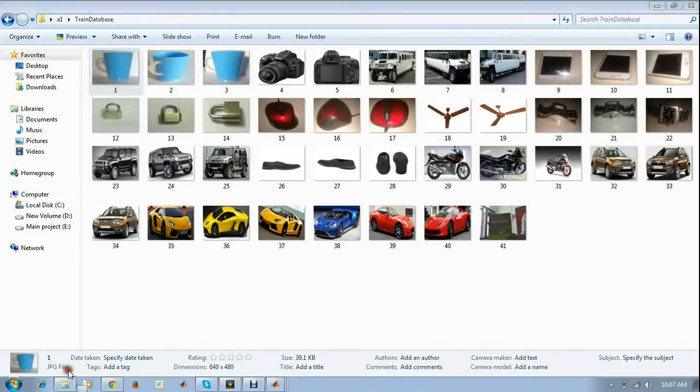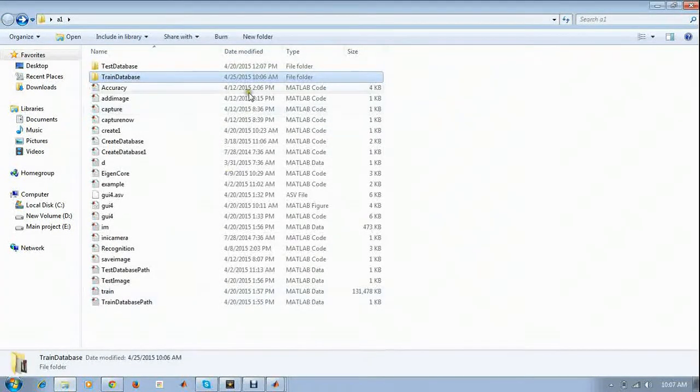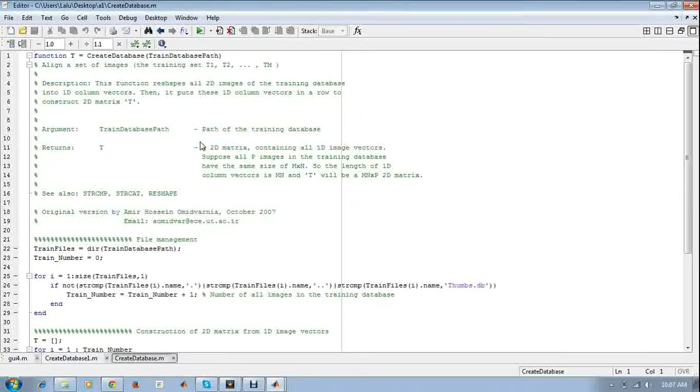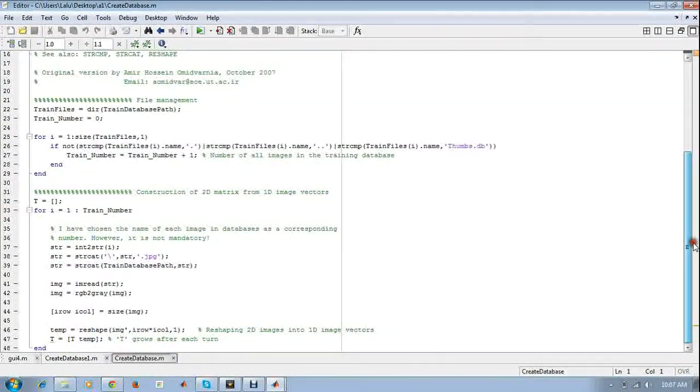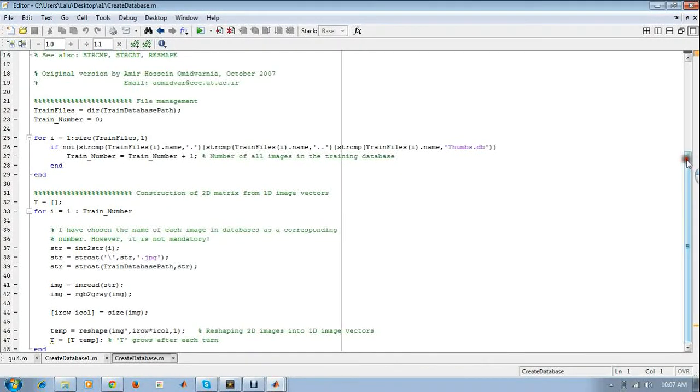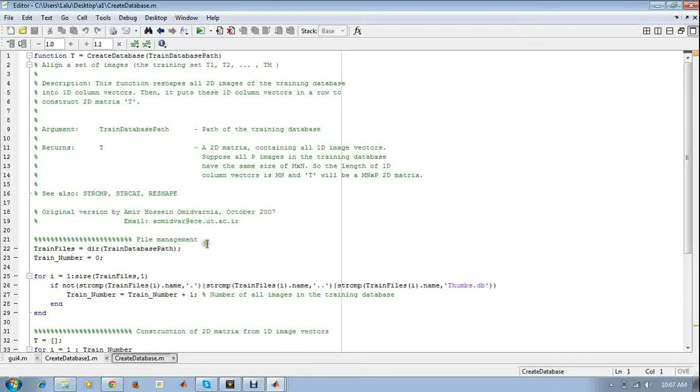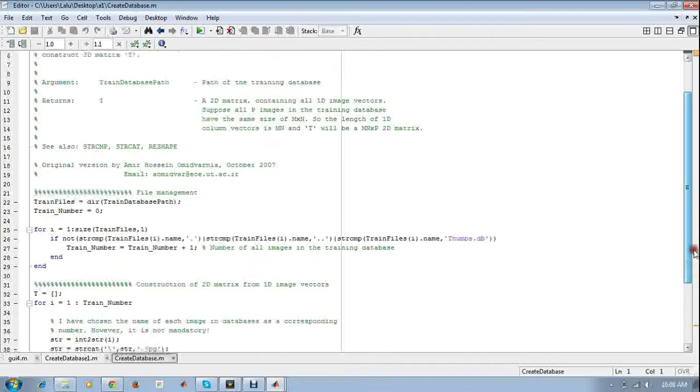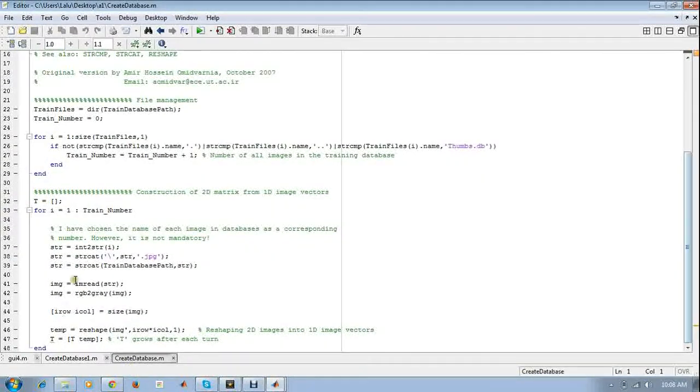Now I'll show the code. The process is very simple. Firstly, the path is set and it goes to create database. In create database, the train class directory and train size are loaded, and the image is reshaped and converted from RGB to gray.